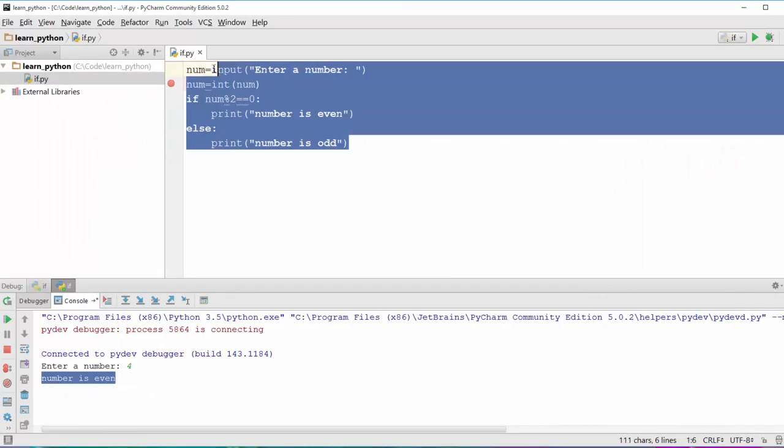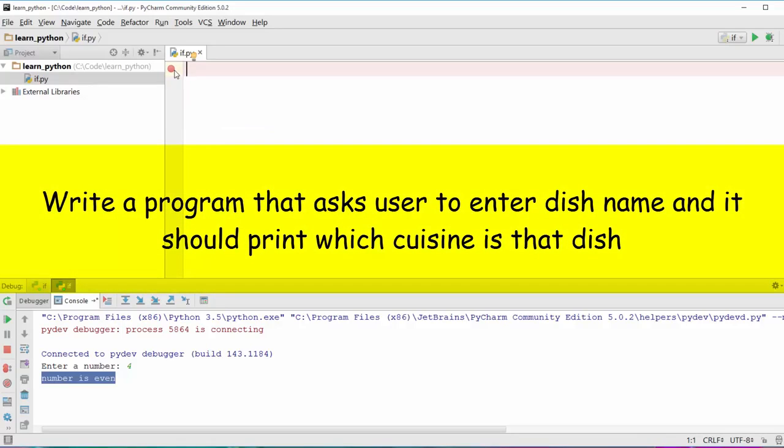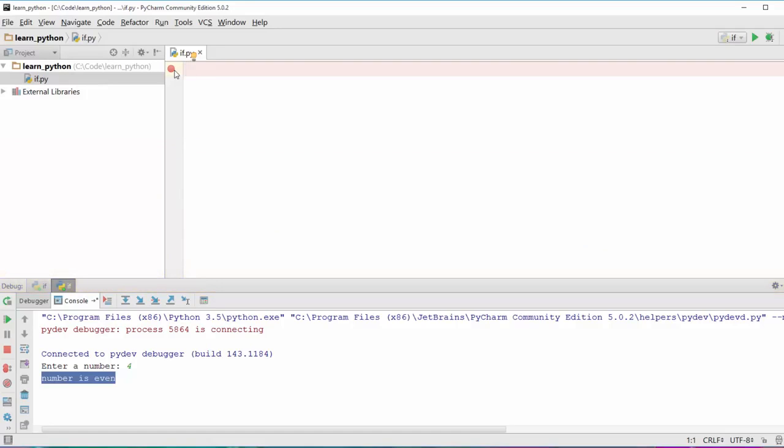I will just erase it. You want to write a program that asks the user to enter a dish name and the program should tell you which cuisine it is, whether it's Indian, Chinese, Italian, what kind of food it is. So we need to do a couple of things here. First, we need to ask the user to enter a dish name, and that we will do using the input function. And the second is we need a list of all the cuisines,